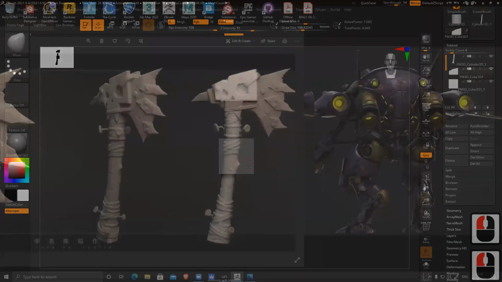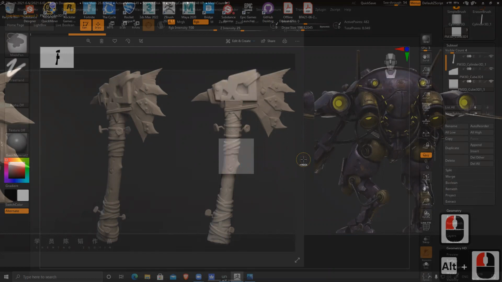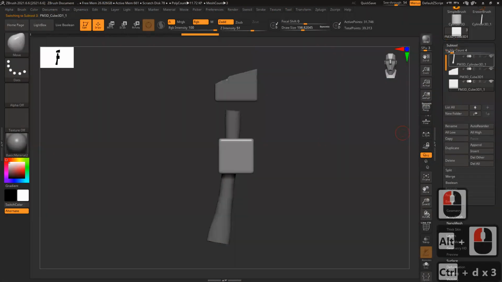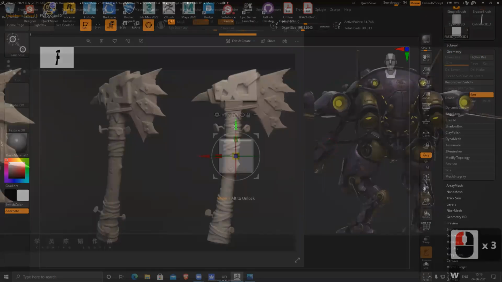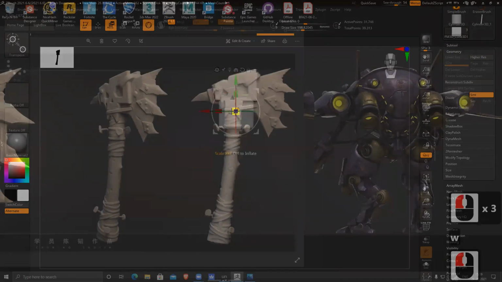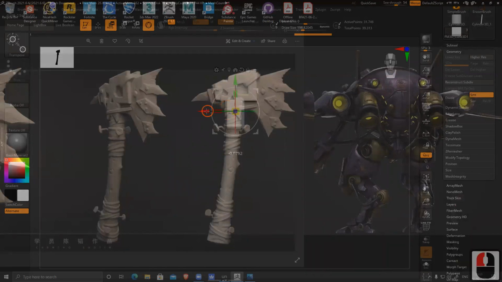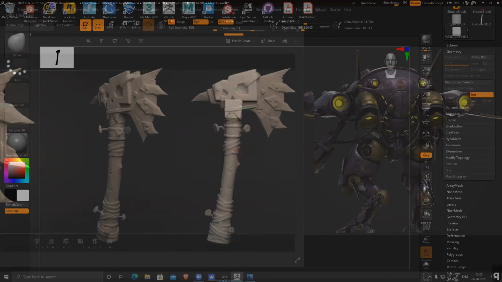Select this box, Control D a couple of times, then go to geometry, delete your lower division, push it here. Do not scale it like this, I have to move it like this. Reason, the thickness of the plane surface is the same. The thickness of these two boxes is exactly the same, only the shape is different. So now press Q again, and now I want to create this design.